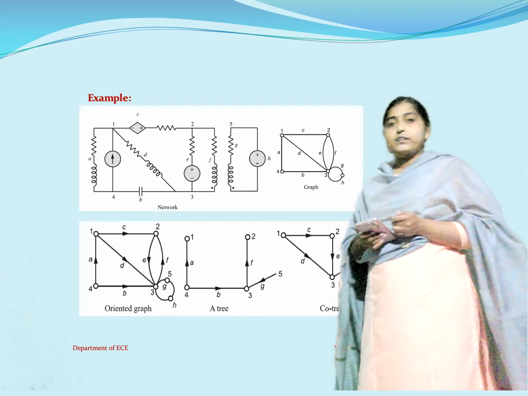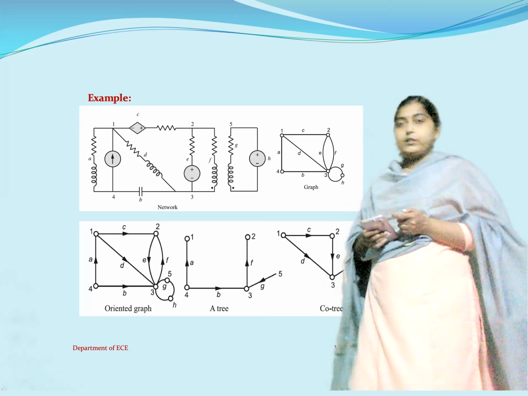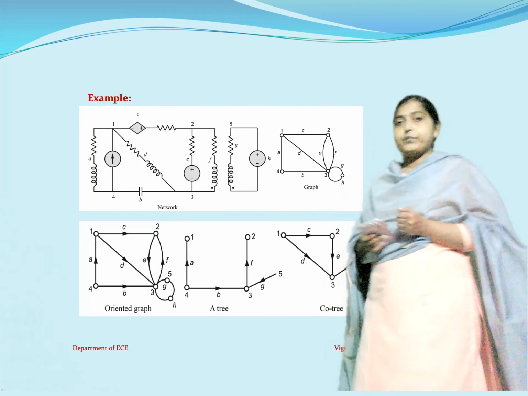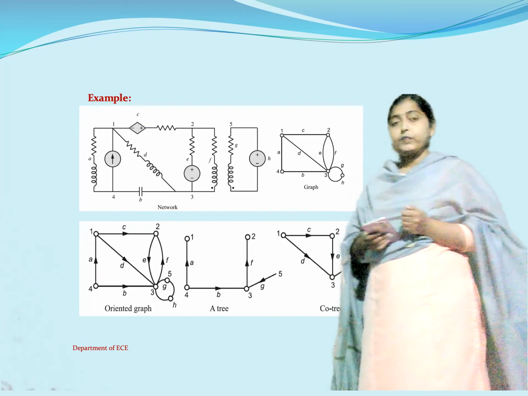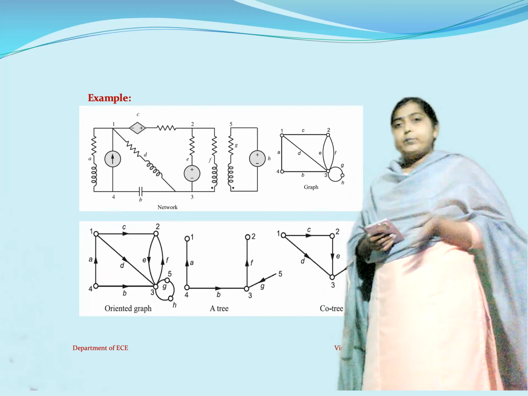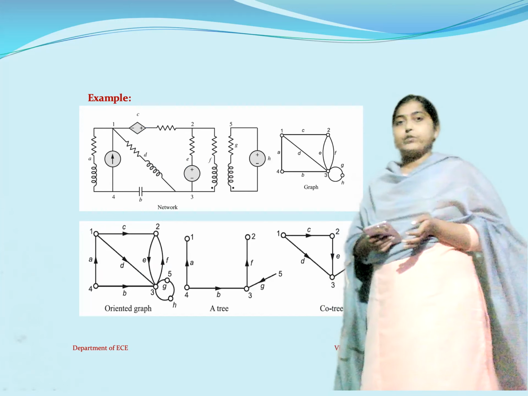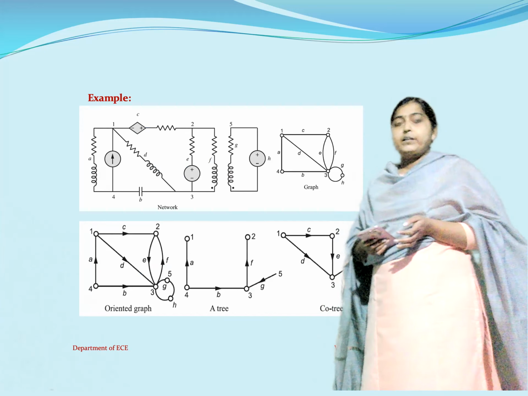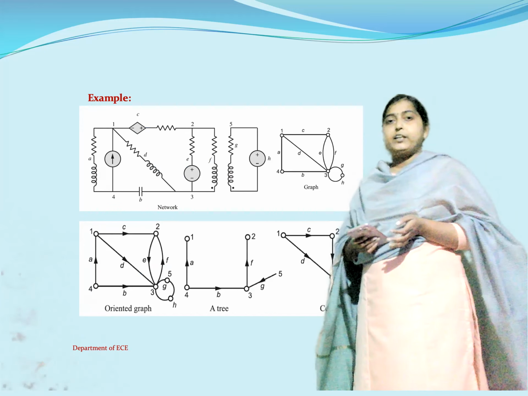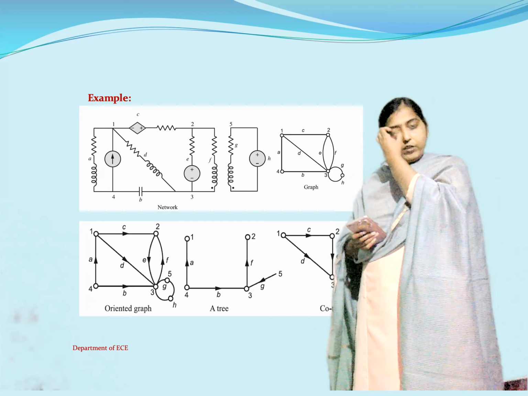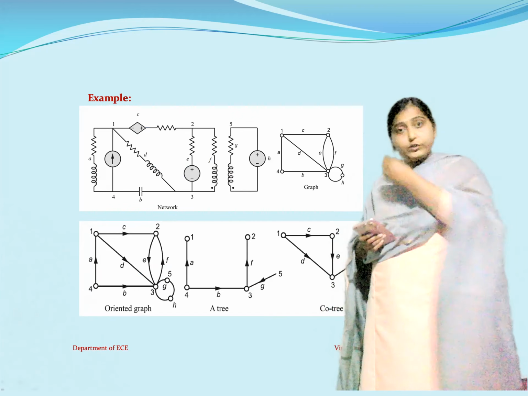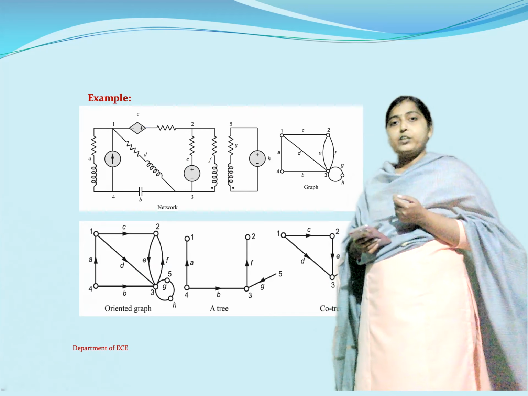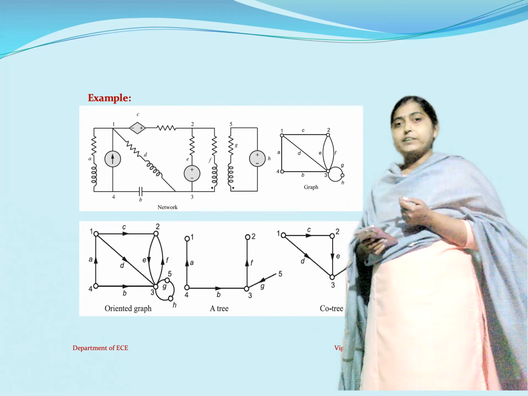Okay, now let us go to the next slide. Let us take an example here. This is another example. Some magnetically coupled circuit is given, which consists of resistors, inductors, an independent current source, and independent voltage sources. Apart from this, it is magnetically coupled with a dot convention, and you have another voltage source. This is the complete circuit.